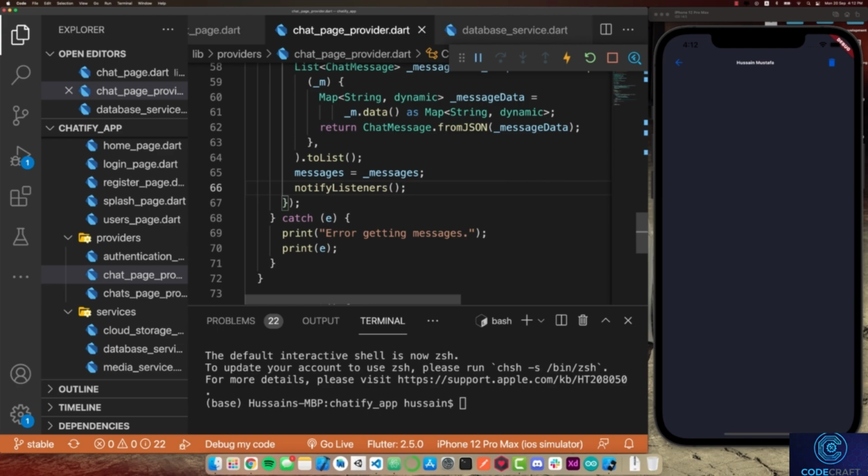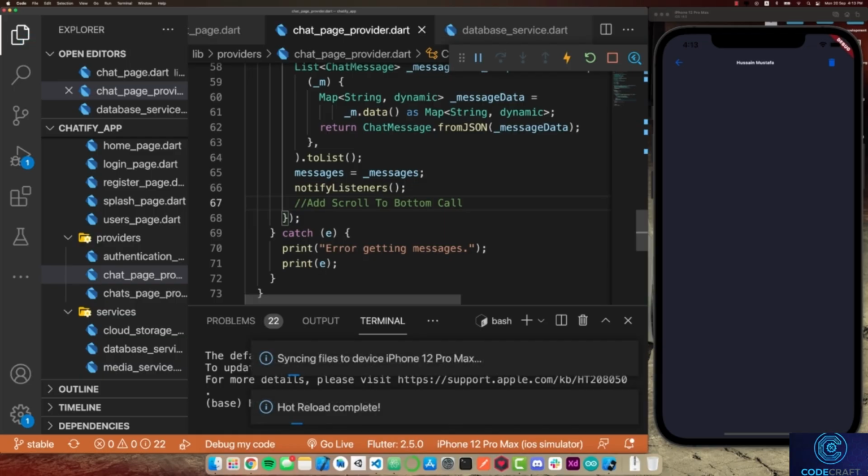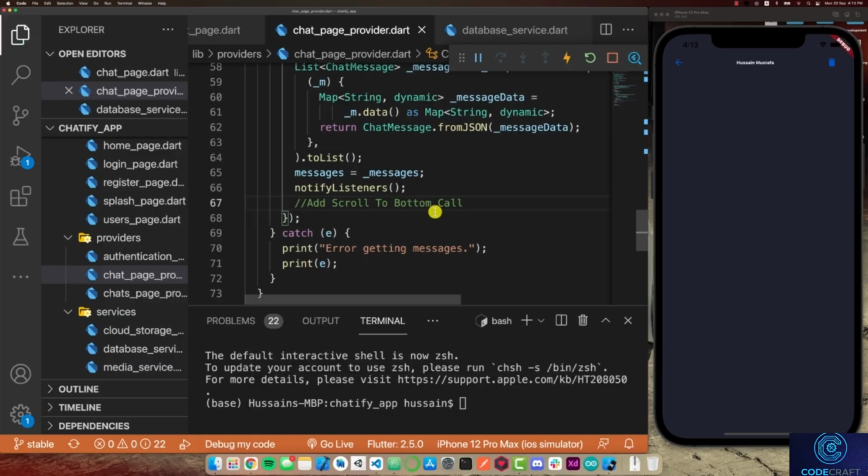But before I end this video, I'm going to just add a comment here, and I'll say add keyboard or add scroll to bottom call, which we'll come to in later videos, but just so that we remember that, I'll add the comment here and do command save. So with that, I'm going to end this video here, and I'll see you guys in the next video